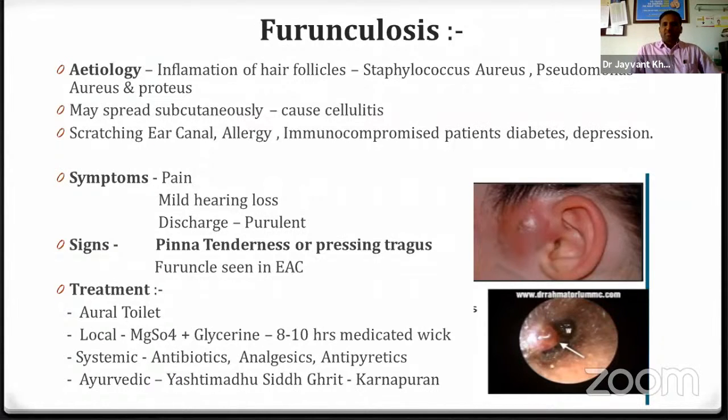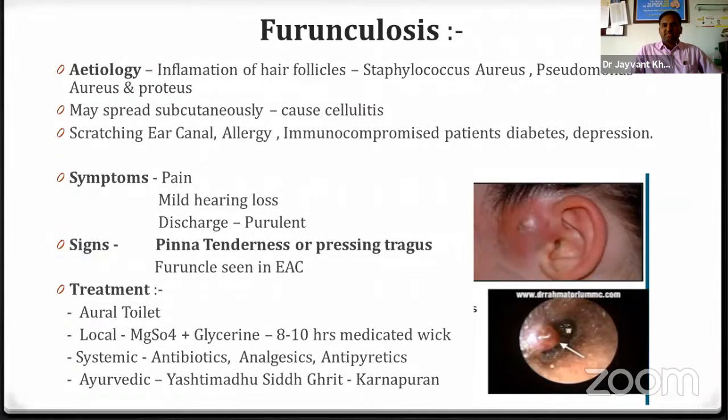The furuncle is in the cartilaginous part of the external ear, and the cartilaginous area is strictly adherent to the skin, covered by skin. So if there is hair follicle infection, scratching or any injury to the cartilaginous part,